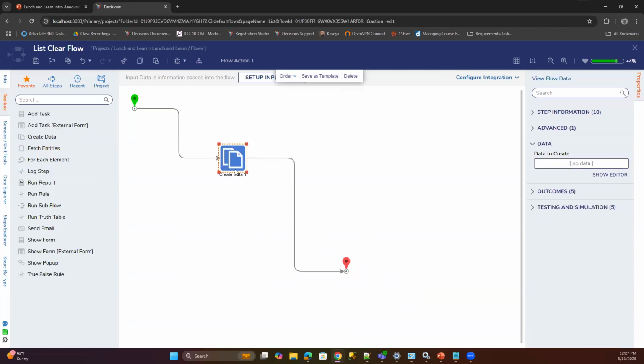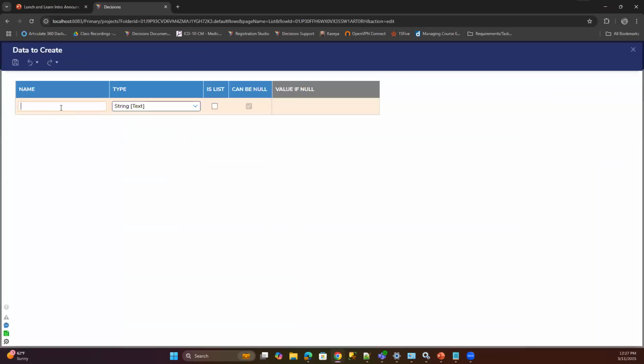So a couple thoughts that I have here: it's a little bit dependent on where the information is coming from, but the create data step is a fairly simple step that can do a lot to help manipulate variables. And that would include clearing information, if you have something that's outputting a list of names, for example.